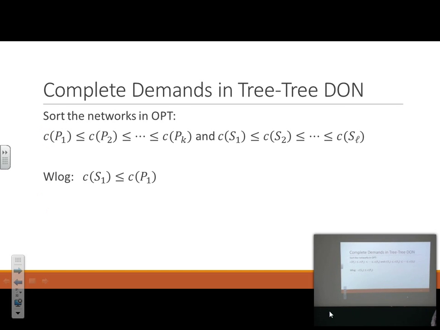So what's the problem? Remember, it's a bipartite demand graph, complete bipartite. Everybody wants to talk to everybody else on the other side. Let me assume that both sides are building trees for this case. I'll sort the publishers and the subscribers in increasing order of cost in the index. Let's also assume, since it's a symmetric case where both are building trees, that the cheapest subscriber's tree is shorter than the cheapest publisher's tree.